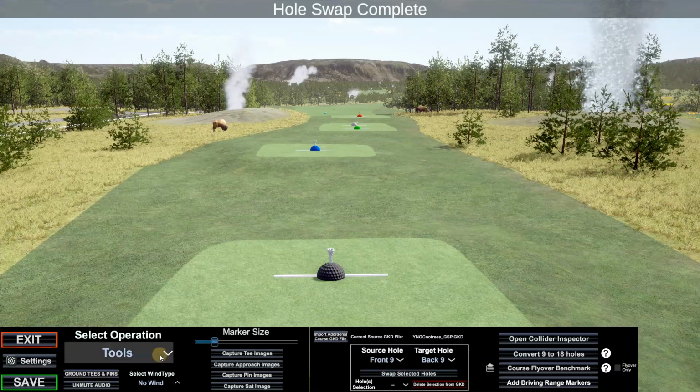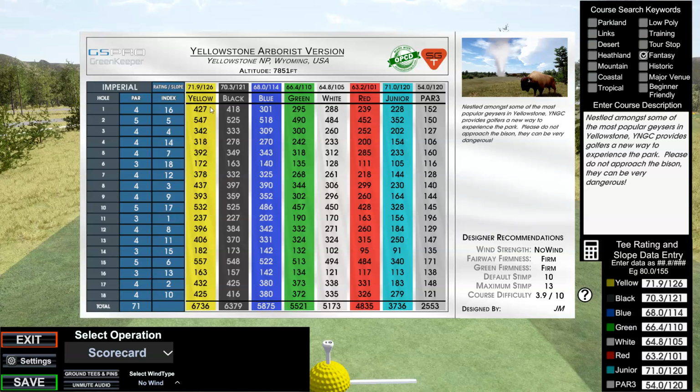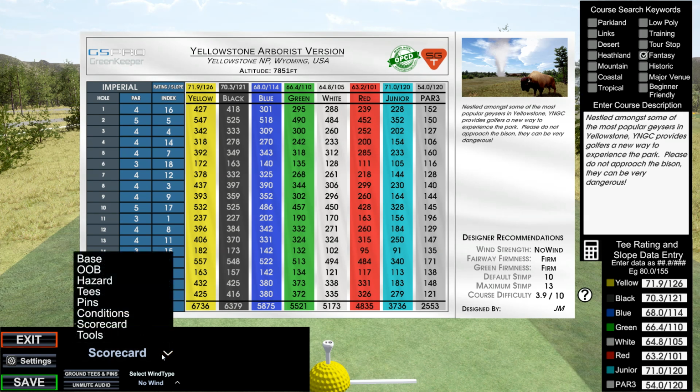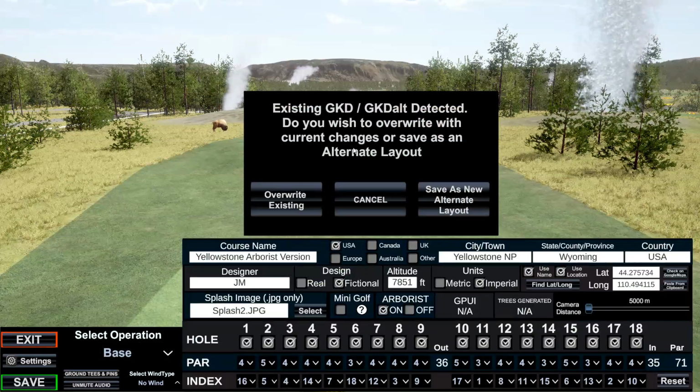My hole swap is complete. Go into my scorecard now. You can see I now start with the par 4. So I'm playing the back 9 first, and I'm now playing the front 9 second. So this is now a reverse 9s layout. Now previously, let's go back to this just so I can get out of the way. When you go to save, if I now save an overwrite existing, that will become my primary layout, my GKD